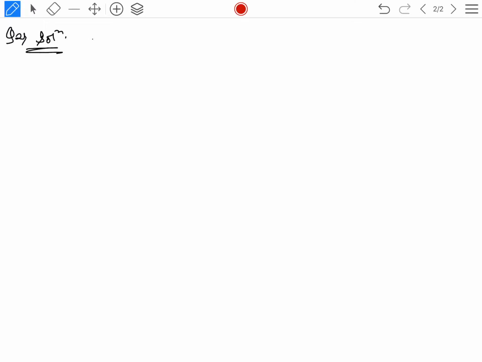You will, yes or no? So you'll write the sum of 3 by 8 and minus 5 by 12. First part we will solve this one, means we just need to add them: 3 by 8 plus minus 5 by 12.